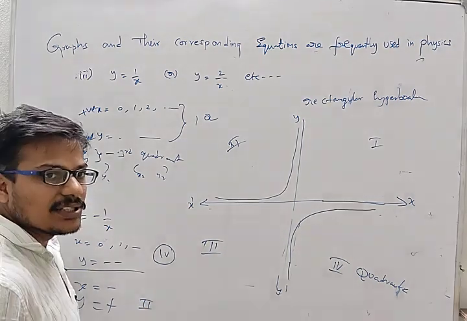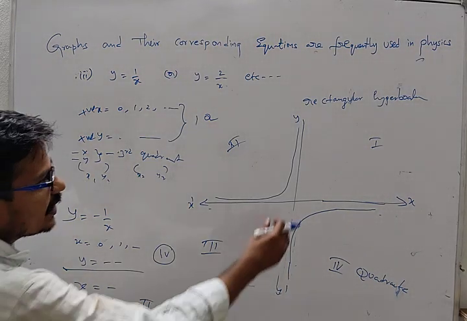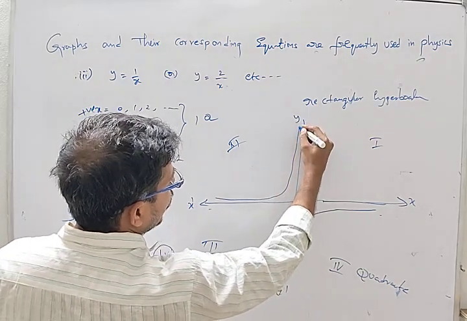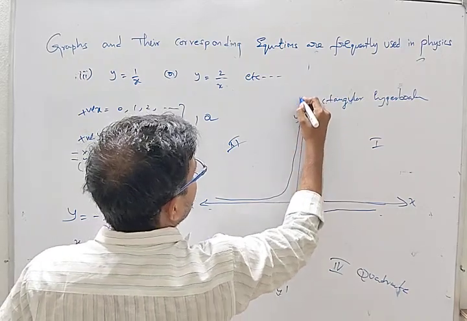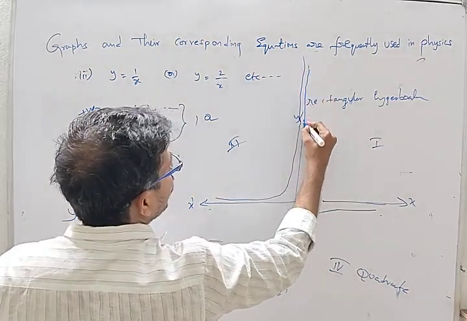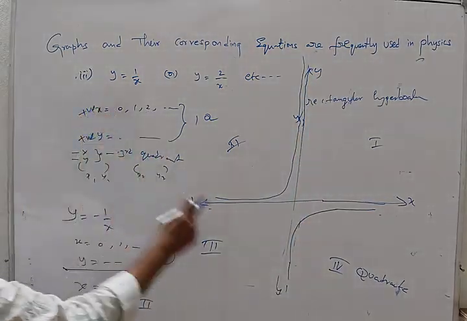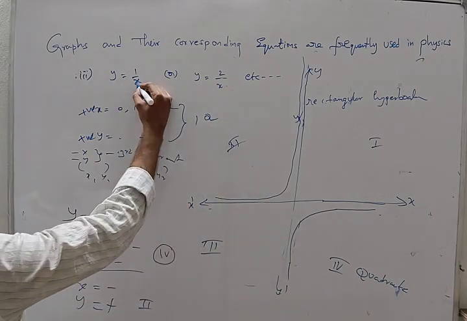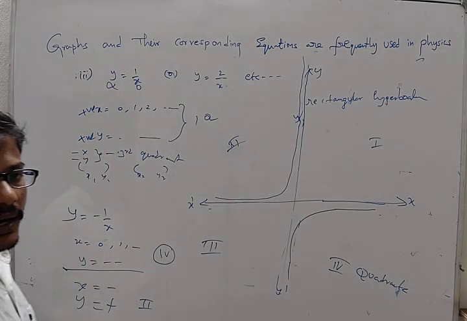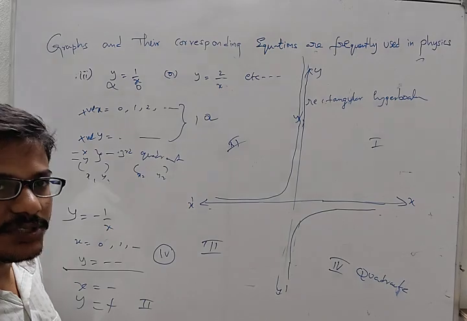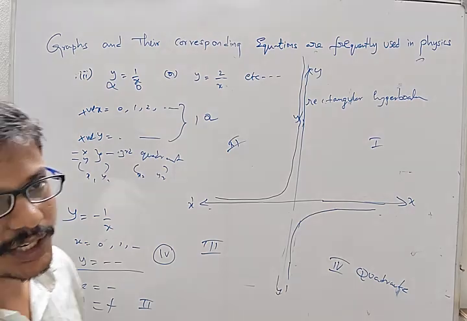So these are the general notations for the graph. Here the graph is not touching the y axis; it will always go straight without coming in contact with the y axis. Not contacting the y axis means it is inversely proportional. When x is 0, y should be infinite. Infinite means it should not touch anywhere. Understand? When we have 0 in the denominator, that value will be infinite. Note it.